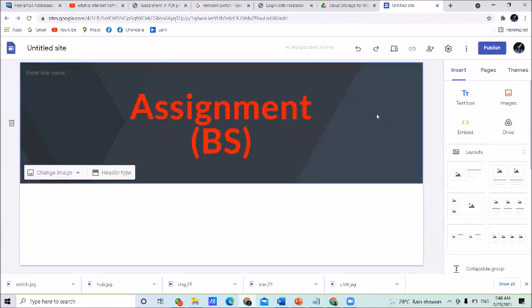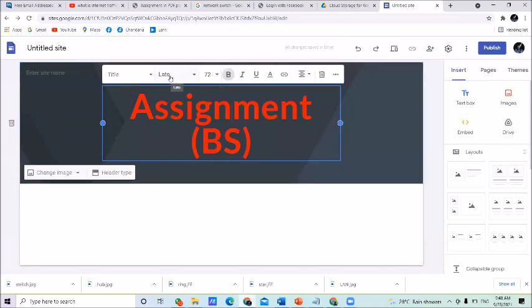This text formatting bar disappears once you click the mouse in another area. If you want to get it again, click on the title in the middle. Then the text formatting bar appears again.